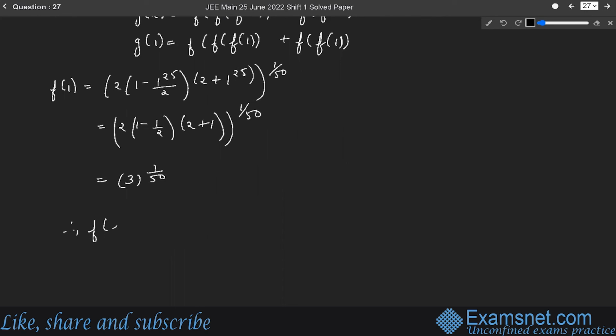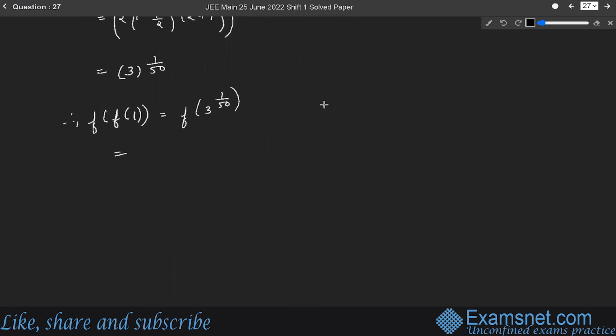Therefore, f of 1 will be equal to f of 3^(1/50). So f of 3^(1/50) will be calculated as 2 into (1 minus (3^(1/50))^25